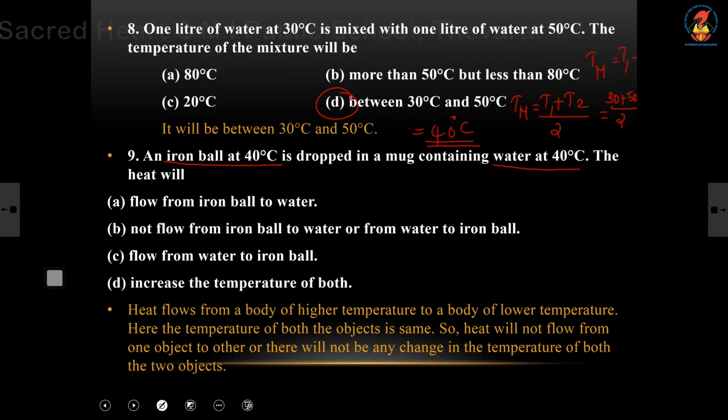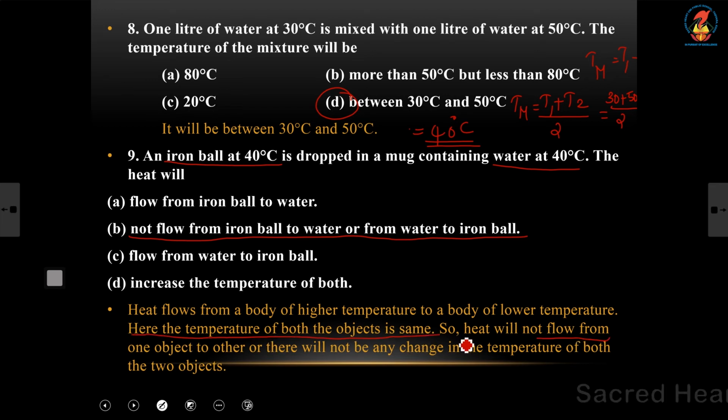Then only heat will flow from hotter object to colder object. Here two objects have the same temperature, so heat will not flow. So, no heat flows from iron ball to water and from water to iron ball.